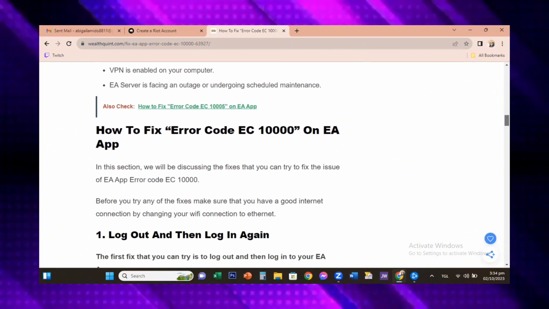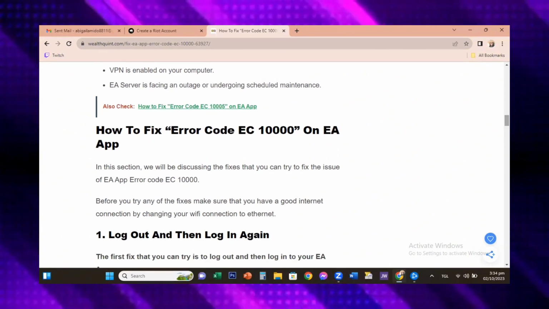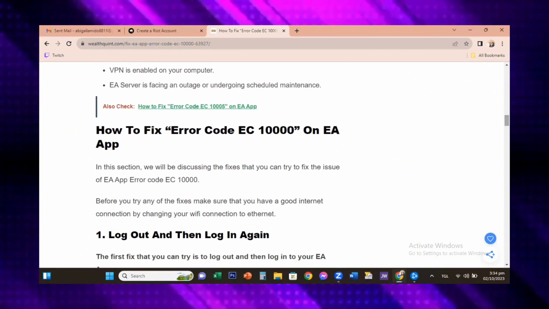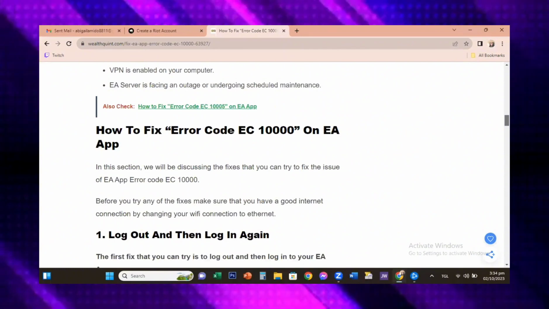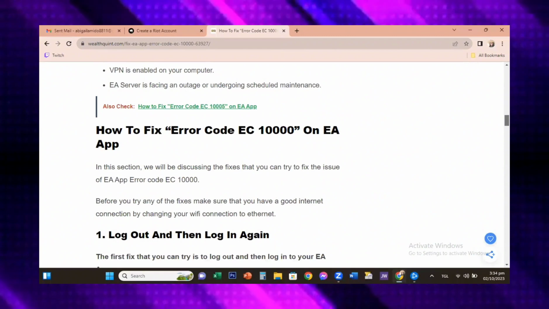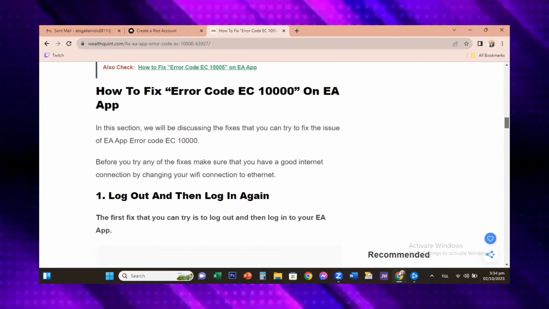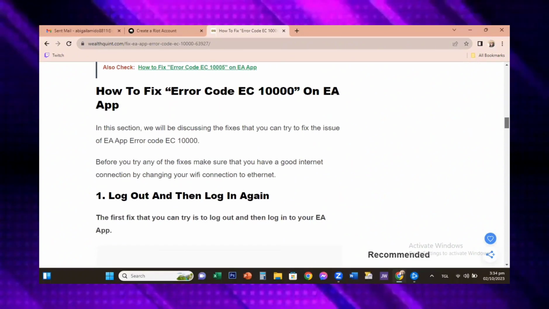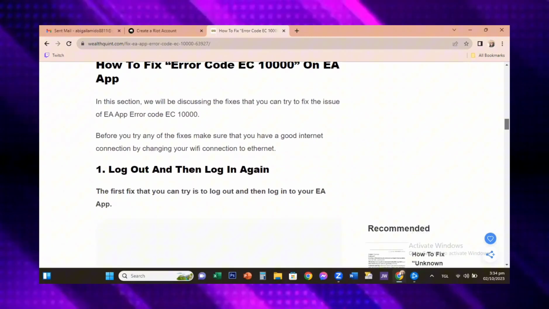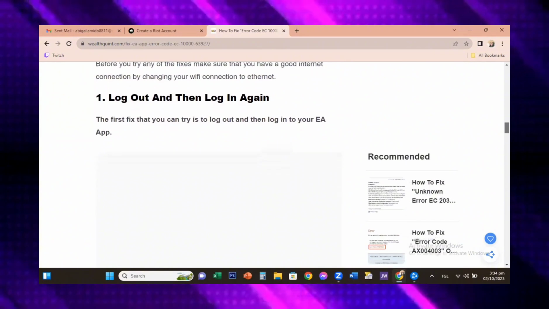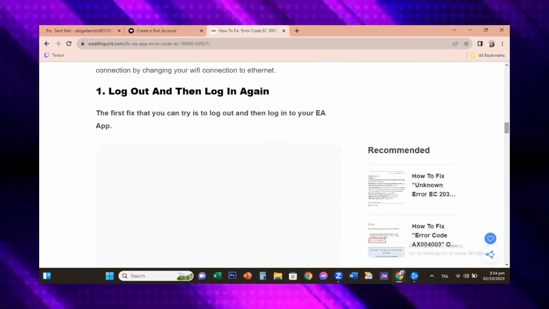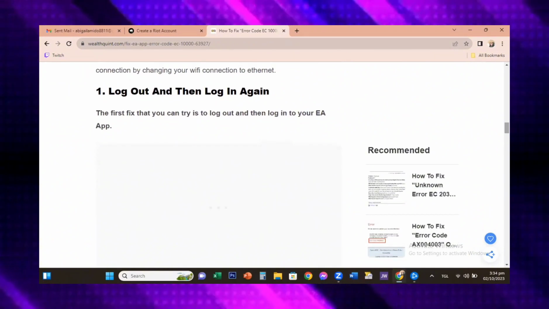So how to fix this error, EC10000 on EA app. So in this section, we will be discussing the fixes that you can try to fix the issue of EA app error code EC10000. Before you try any of the fixes, make sure that you have a good internet connection by changing your Wi-Fi connection to Ethernet. So the first fix that you can try is to log out and then log into